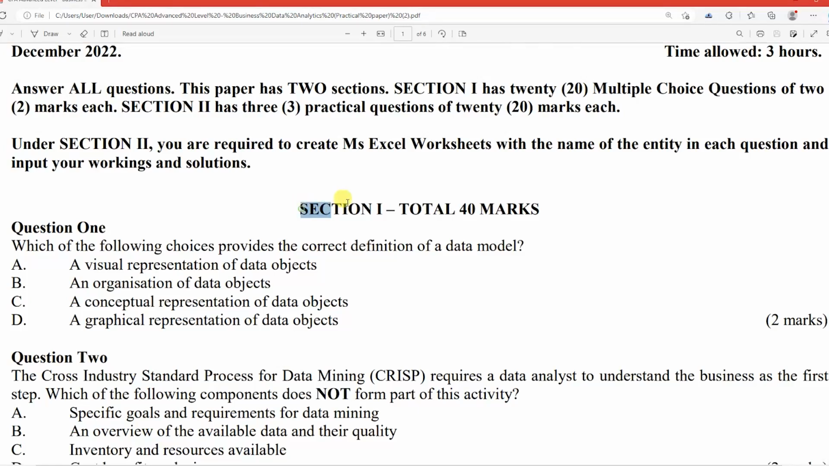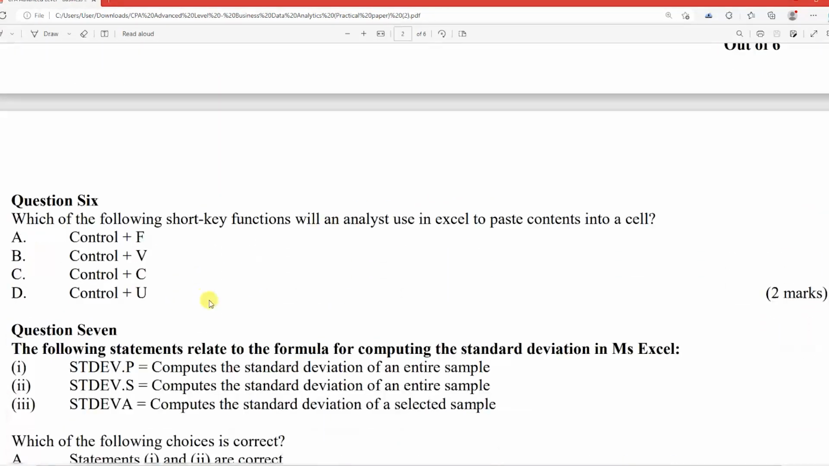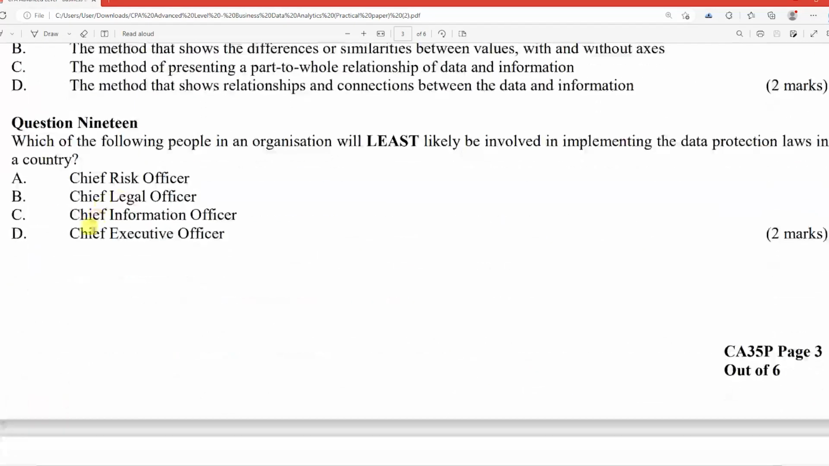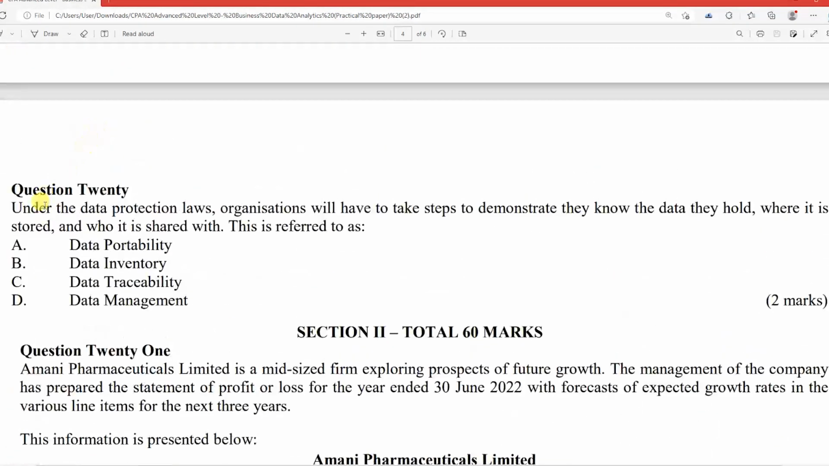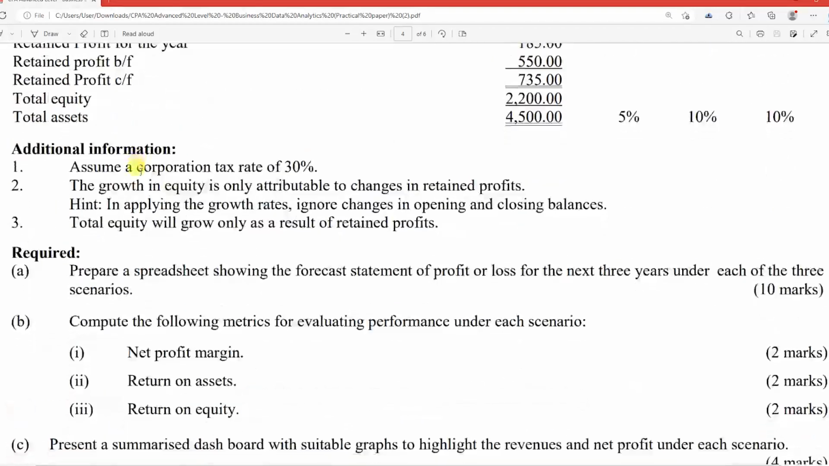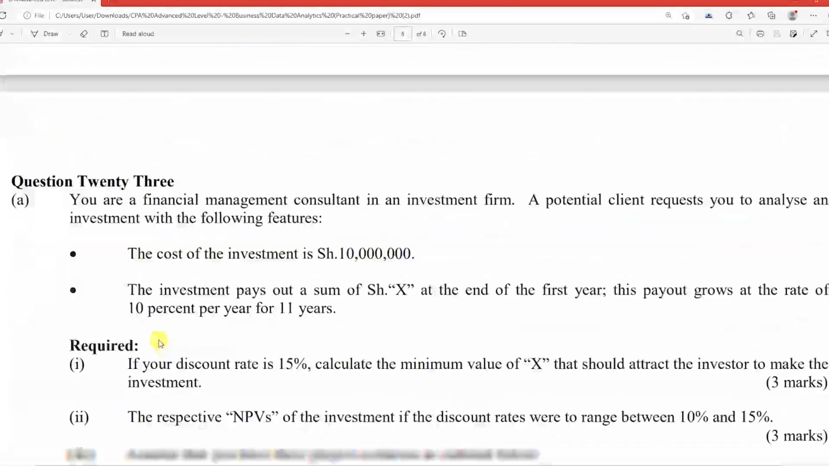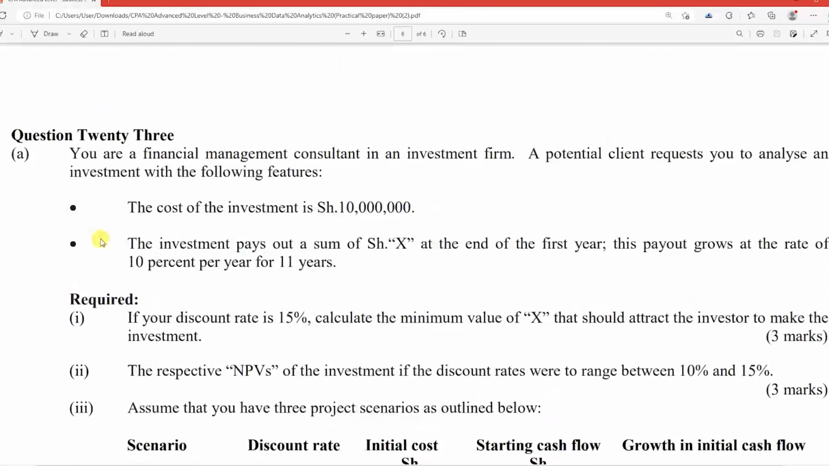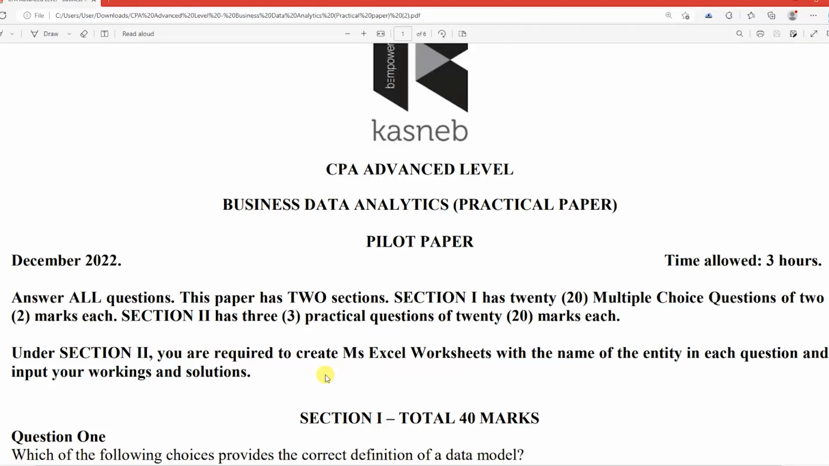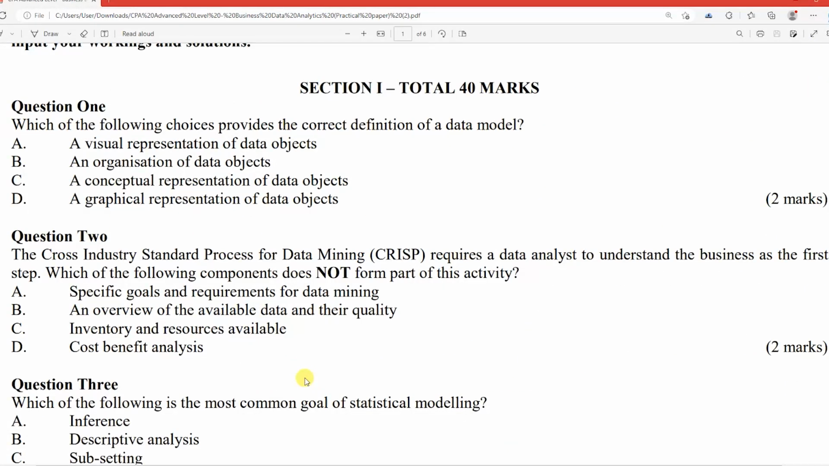So here is Section 1, which carries 40 marks, and Section 1 has 20 questions. This is question 14, question 16, question 19, and question 20. Then Section 2 has a total of 60 marks, and there are 3 questions, question 1, question 2, and then question 3. Now, candidates, we are going to answer all these questions, but we'll tackle a question at a time, beginning with